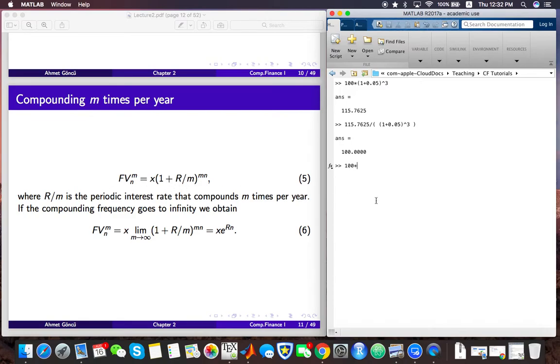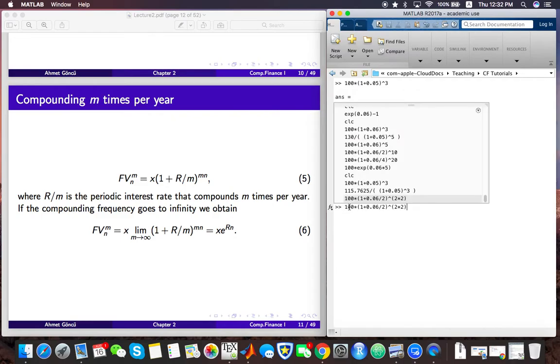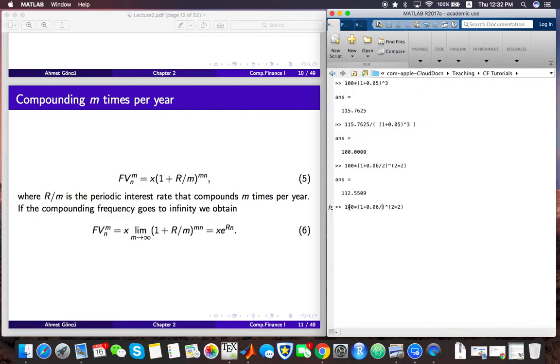So if we do a simple example, for example, let's say the interest rate is 6% and it is compounding twice a year. If I'm investing for 2 years, then I will have, let's say, 2 times 2. So my investment will grow to 112. However, if the compounding is, let's say, 4 times per year, I'm going to have 4 times 2, because in 2 years I will have 8 times compounding. So my investment now grows to